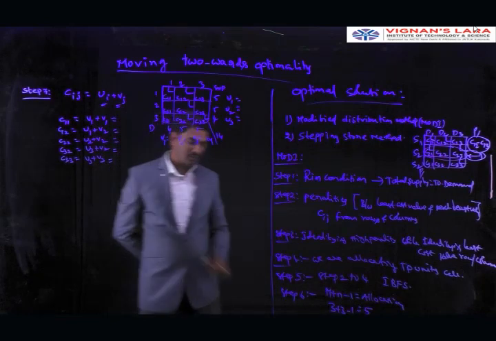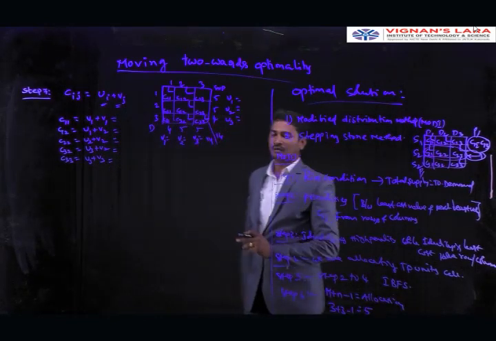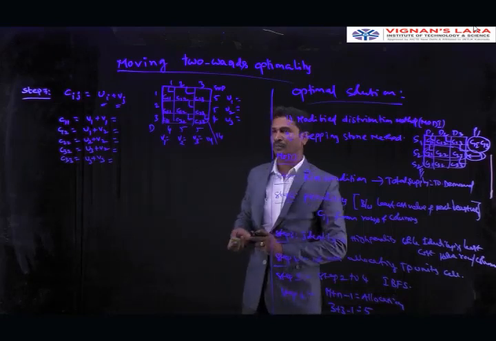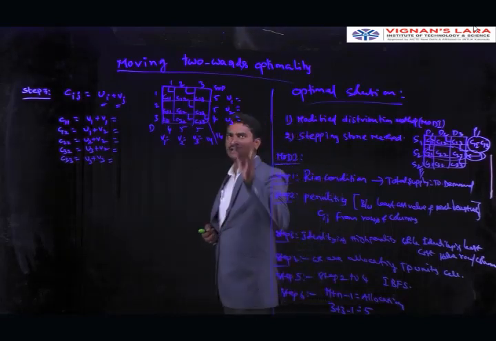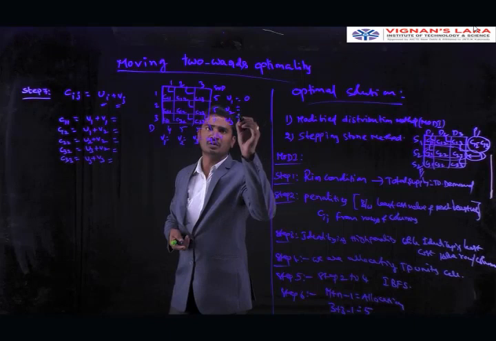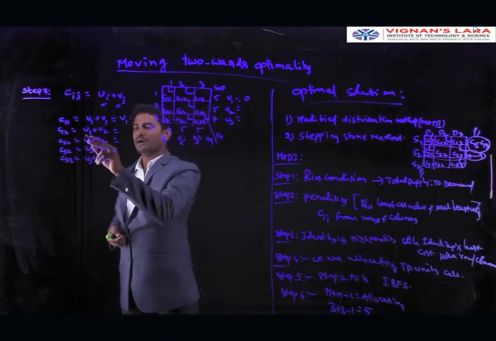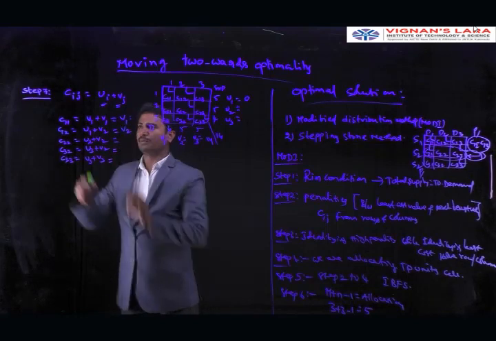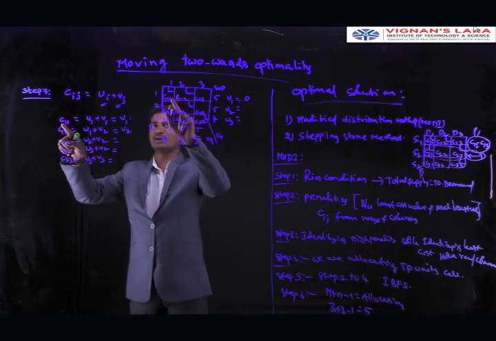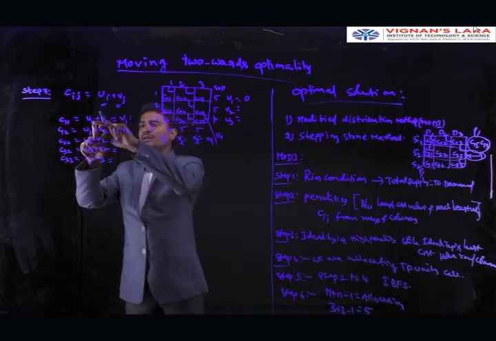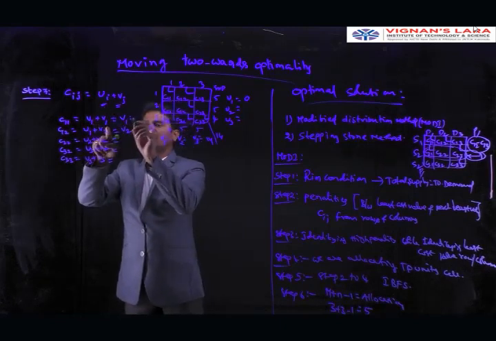Here we have one condition. We have to assume any one value from this U and V is equal to 0. Then only we get all values. If suppose we assume U1 is equal to 0, we get V1 value from this. After here we get V2 value because here already we have the C11 cost value. From that we are going to calculate the U1, V1. In this, if we assume any one is equal to 0, we get another value like that.